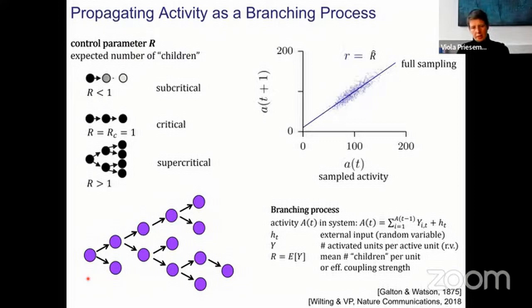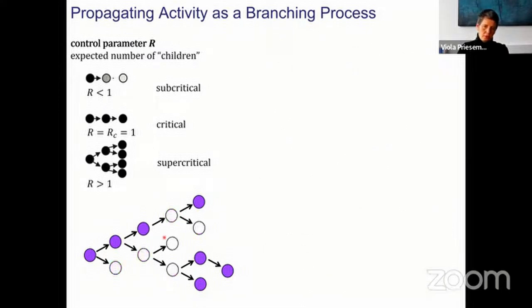And there are classic estimators, because in expectation, the definition of the branching process is the autoregressive order 1 process. The linear regression brings us an estimate. So we take the sampled activity at one time point and at the next time point, and the linear regression here is an estimate for the R value. The offset here is the external positive influx. And that works perfectly well if we have full access to the system. But let's assume now that we do not have full access, but we are missing a fraction of the dots.